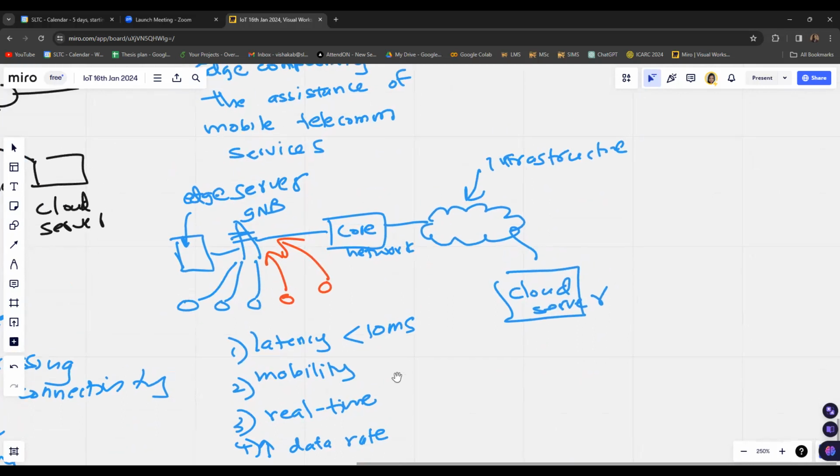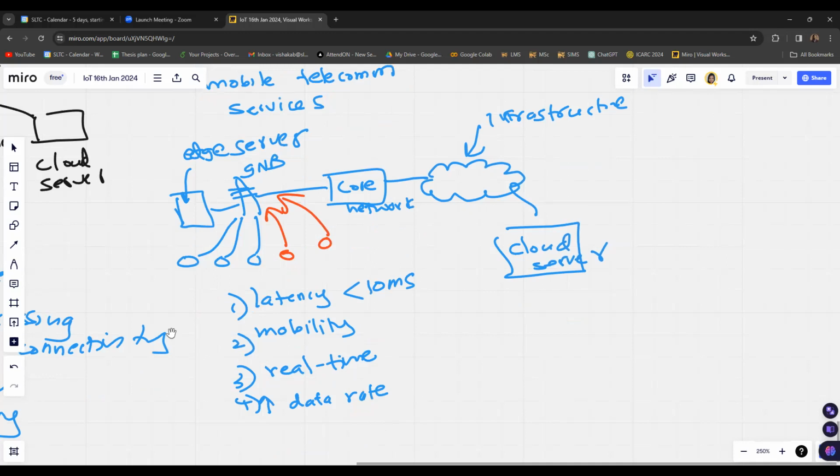We can consider scenarios where we have mobility of the devices, which means the devices are moving. We can still have a connection with the network infrastructure, and therefore we can still have edge computing and other computing methods, and do the necessary processing of the data. Then real-time updates can be given to the connected devices, such that they get useful information very quickly from the network infrastructure and make their own decisions based on the data they receive, right?